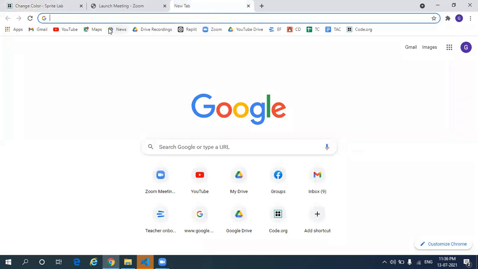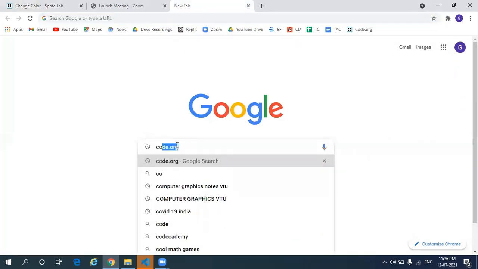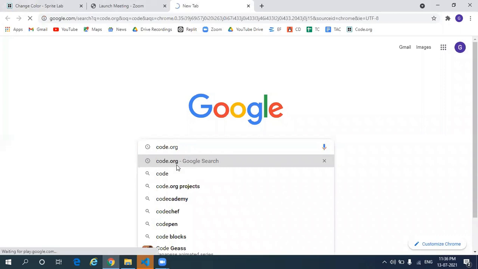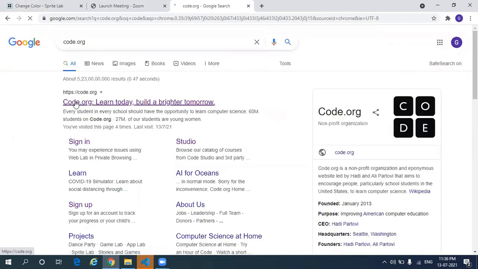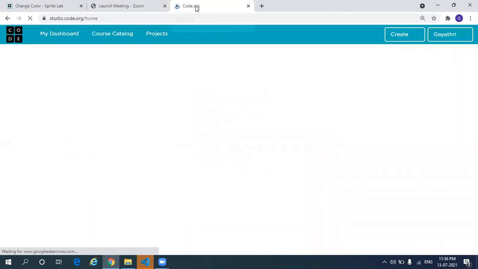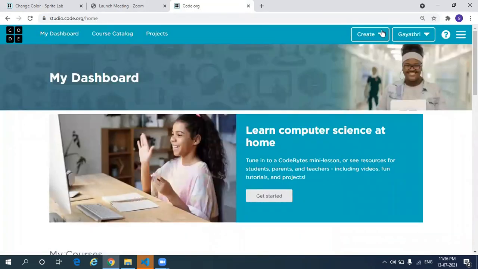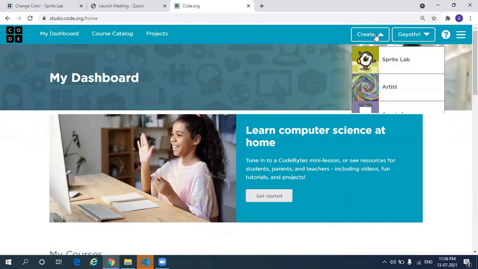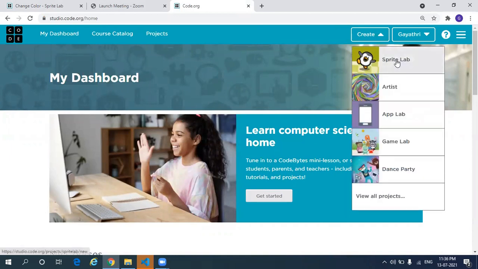So take a new tab, search in Google for code.org. The first link you get, code.org, click on that. So click on create, choose Sprite Lab.